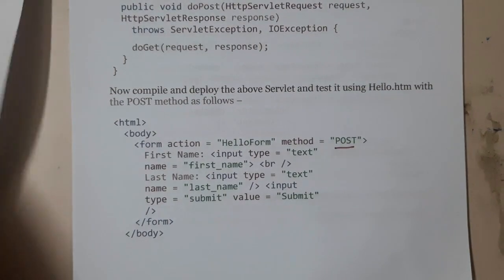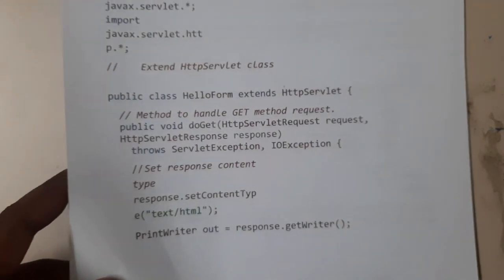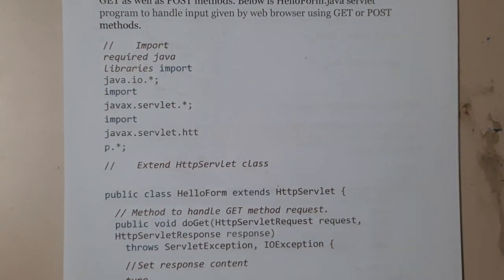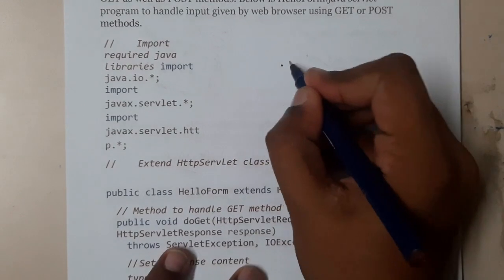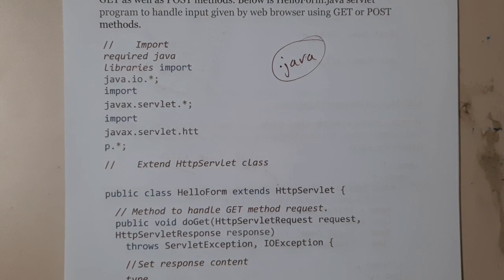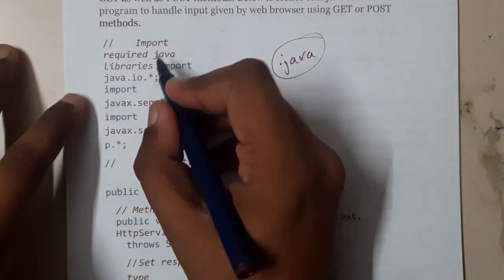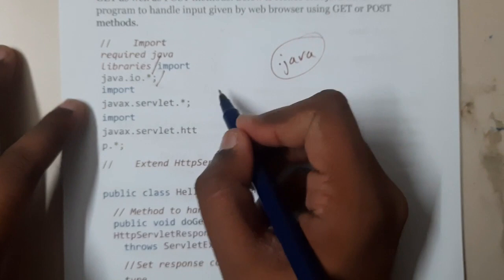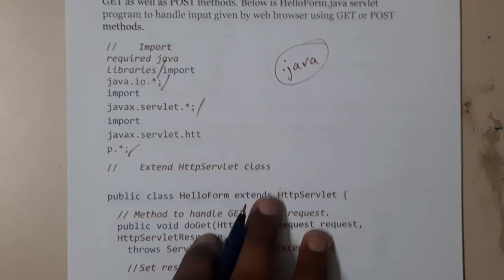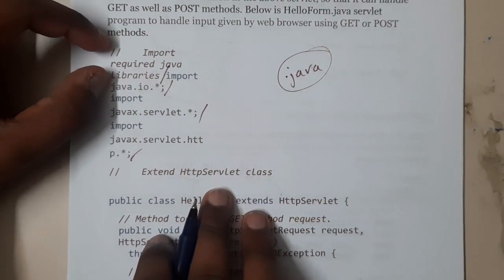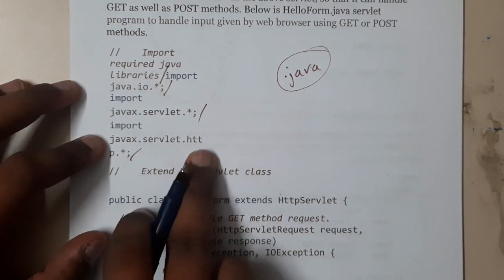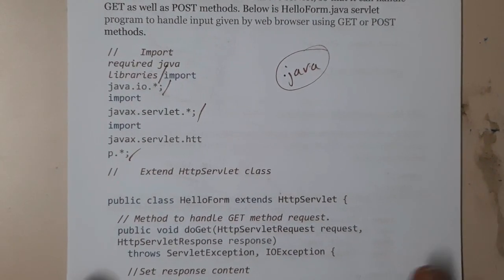Now your Java servlet file. I hope everyone has some basic idea about Java. A Java servlet file is nothing but a .java file, so the extension for it is .java only, whereas for JSP it will be .jsp. Don't worry about JSP, we'll be discussing that also. I am drawing slashes because when I tried to increase the font size, these kinds of small line changes occurred. Initially you will be importing all the required libraries: java.io for input output, servlet for all the servlet operations, and servlet.http. So you successfully imported everything.